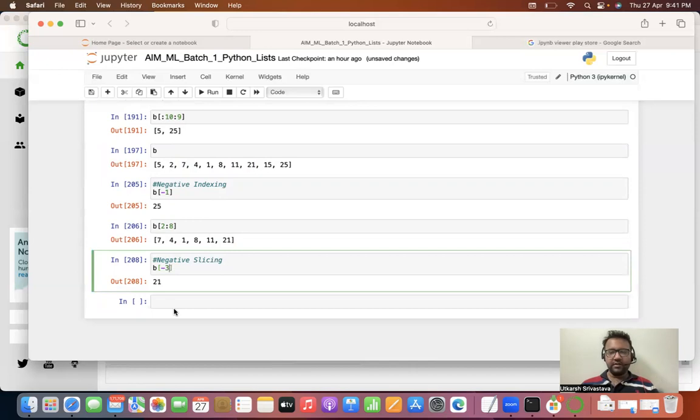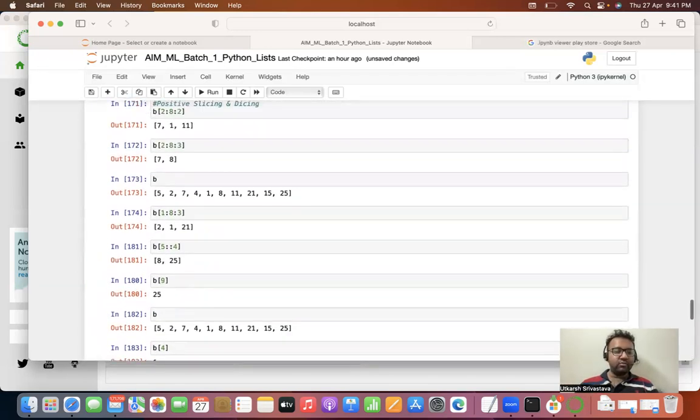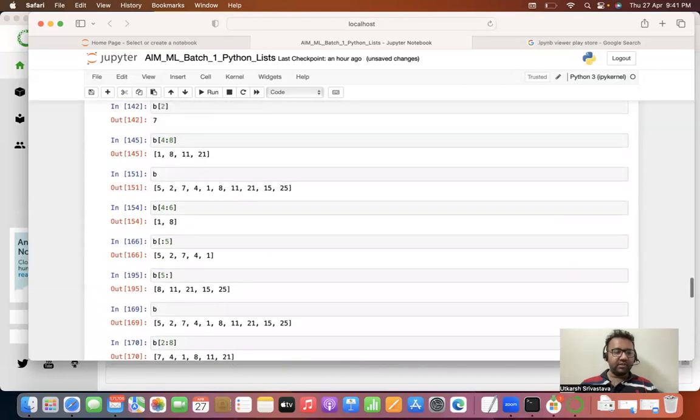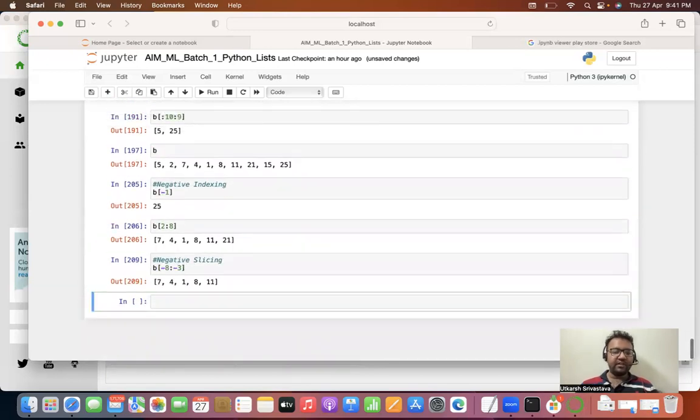Similar is the case over here. Just like Ravi, you wrote 5 colon minus 1, it basically excluded the minus 1 part. Similarly here also, if I write minus 3, it is